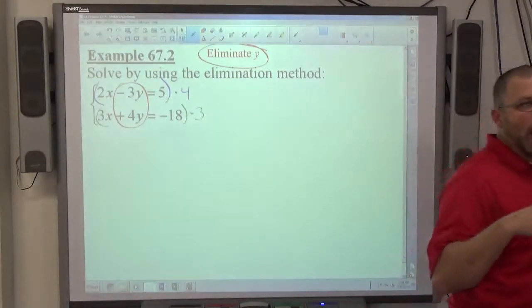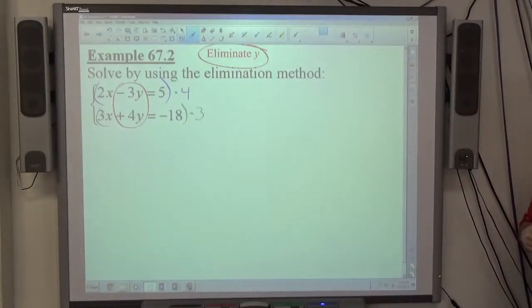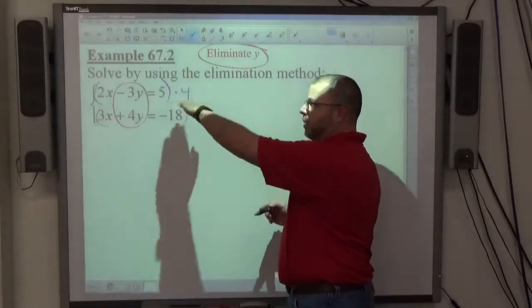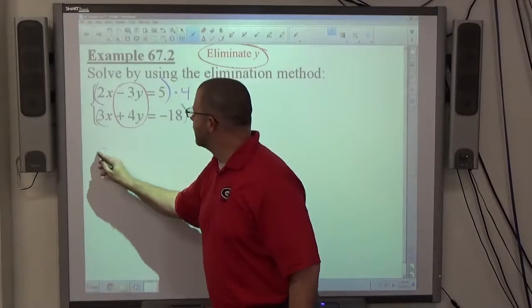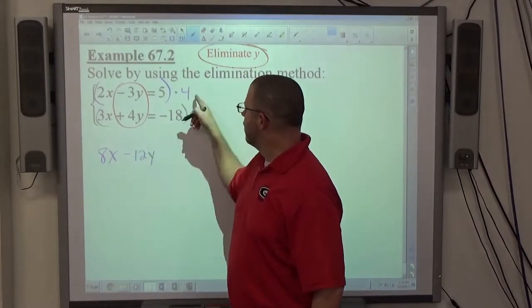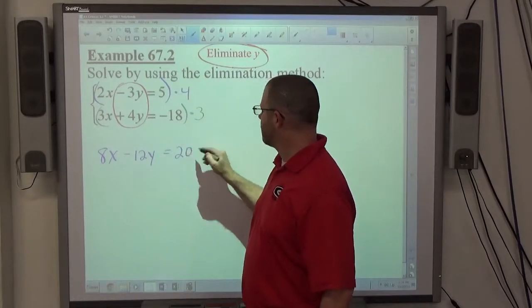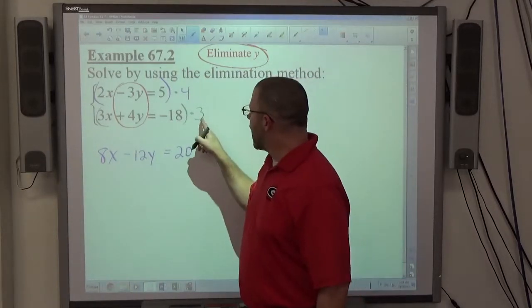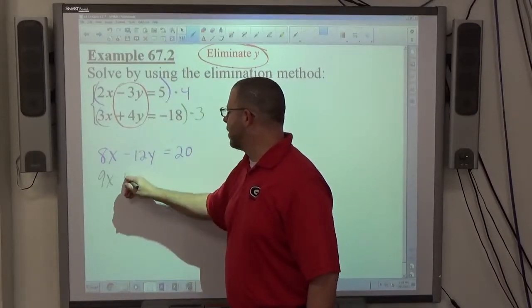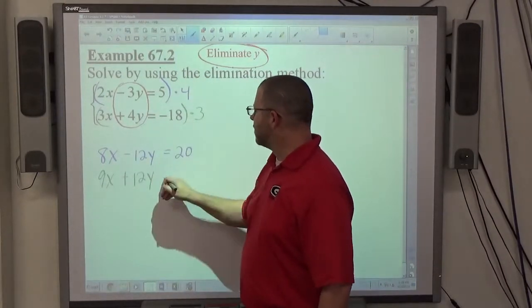Because the signs are already opposite of one another, I don't have to multiply by any negatives. The opposite signs are already showing up. So, the top equation in blue, 4 times 2x is 8x, 4 times negative 3y is negative 12y, 4 times 5 equals 20. On the bottom, 3 times 3x is 9x, 3 times positive 4y is positive 12y, 3 times negative 18 is